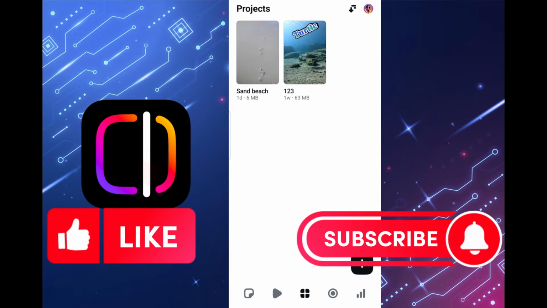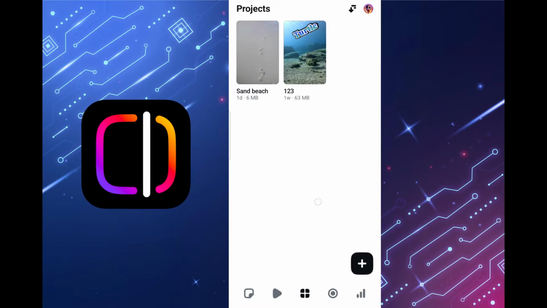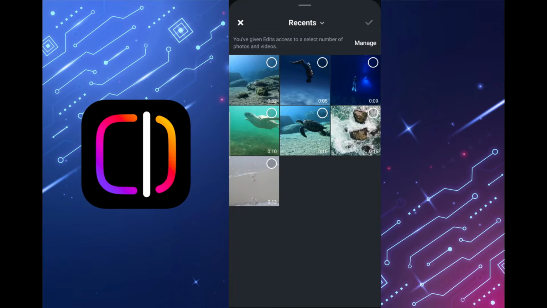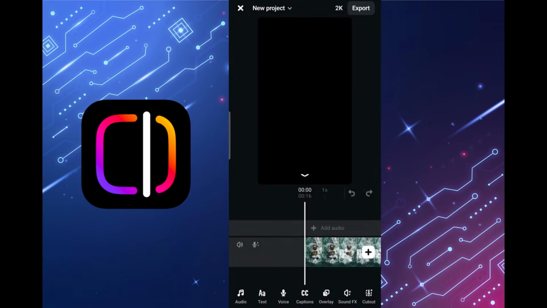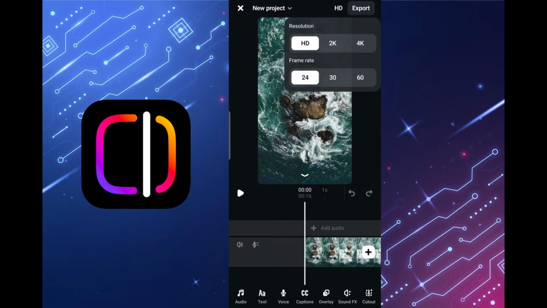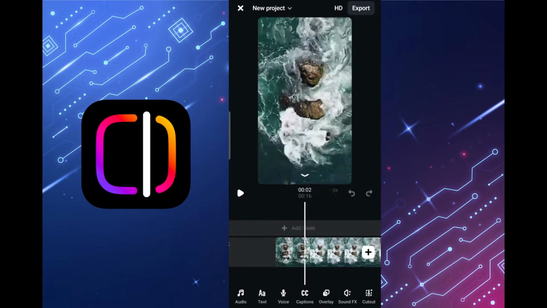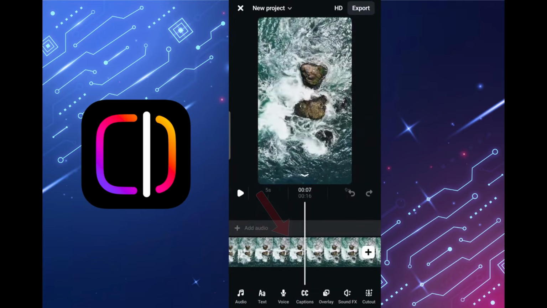Let's get started. So we create a new project, click on the plus sign in the lower right corner, select any video and click the check mark in the upper right corner. Great, a new project has been created, and to trim the video clip we tap on it and it highlights